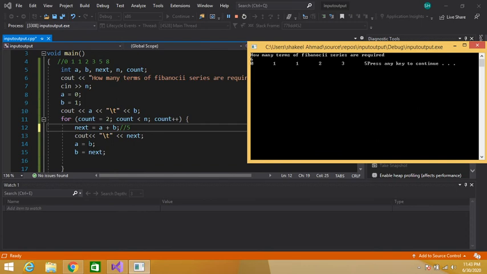So the value of B, which is 3, is assigned to A, so now our A becomes 3, and our next contains 5, so this 5 is assigned to B. So our A is now 3 and B is 5. Again our loop is terminating at the closing curly brace.